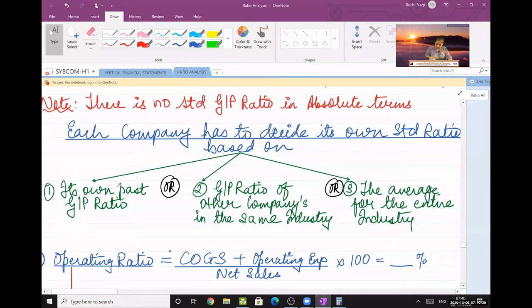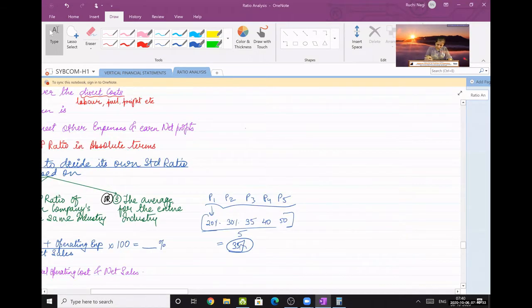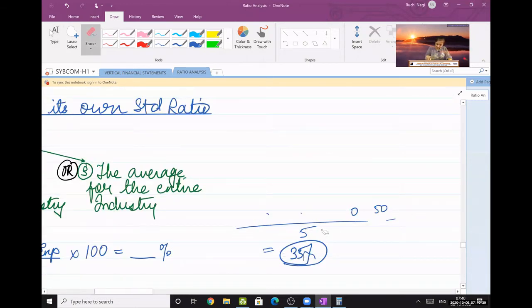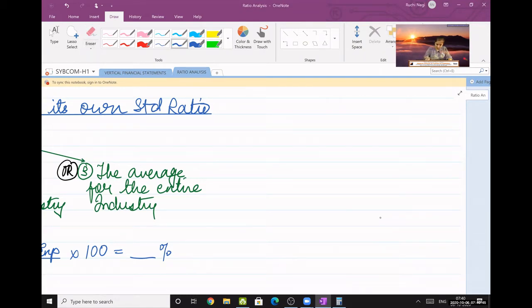Okay, fine. Yeah, thanks. Okay. So remember, this concept which I have explained is applicable to others also. So I will not explain this again. For all the other ratios, wherever you're calculating profit, this is applicable. The same standard.